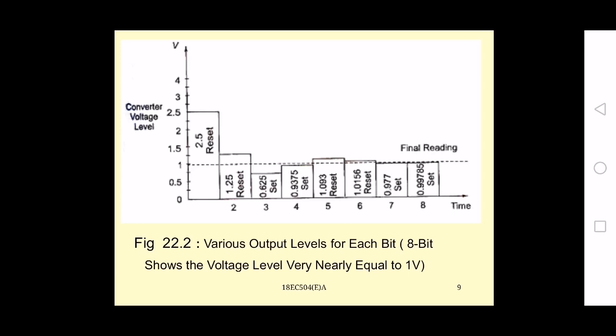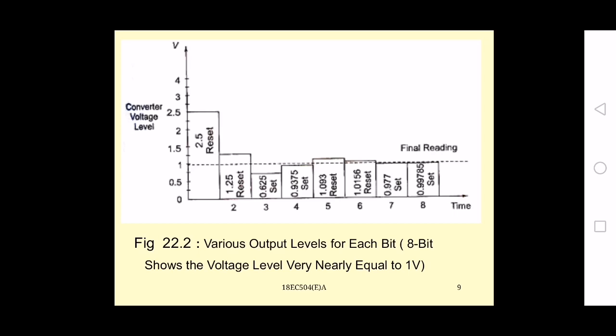So D7, D6 both are zeros, and next we go for D5. So D5 means again 0, 0, 1, all zeros. That corresponds to half of 1.25, that is 0.625. So 0.625 is less than 1 volt. So that will be accepted. That will be accepted. So 001 will be retained, and next we set the next bit to 1, 0011, all zeros.